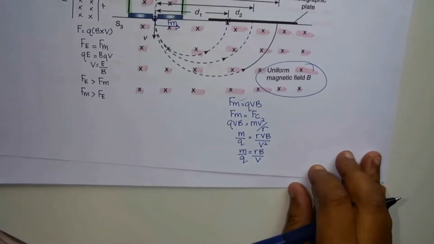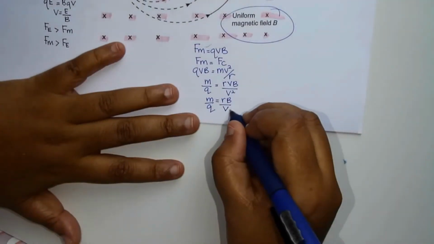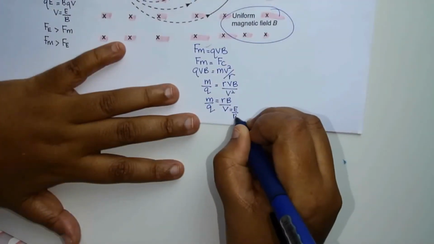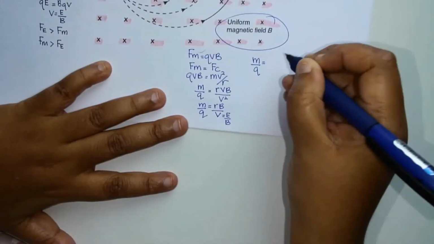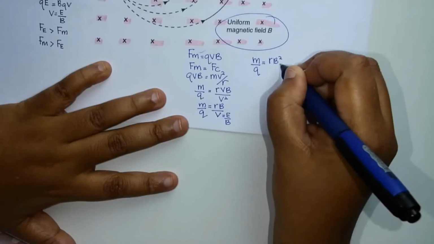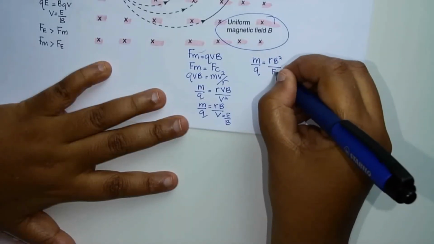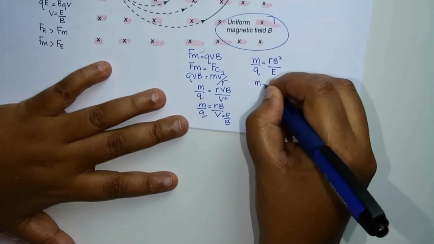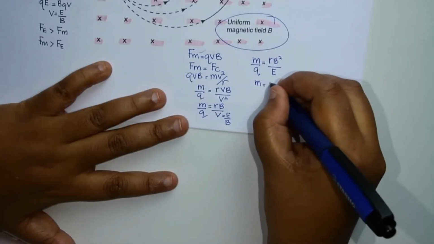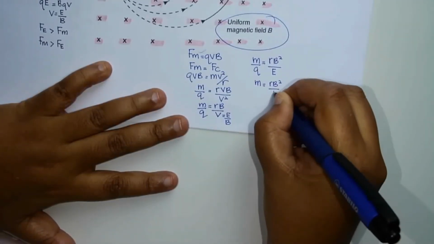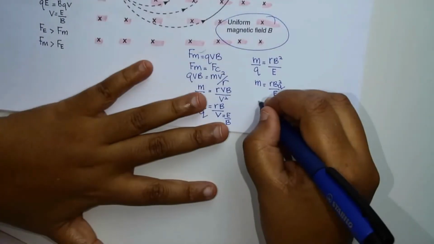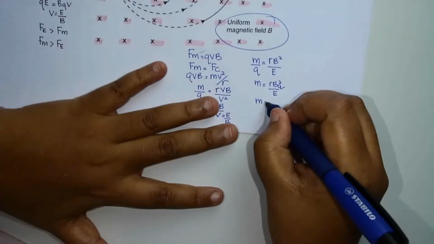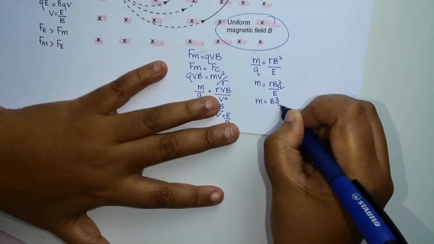And the v is from here, v is E over B. So we substitute v equals E over B. So we get m over Q is equal to RB square over E. Therefore the mass of the ionized atom will be m equals RB square over EQ. In order to do that, we keep all the constants on one side. So B square Q over E